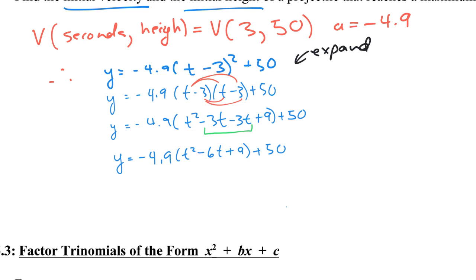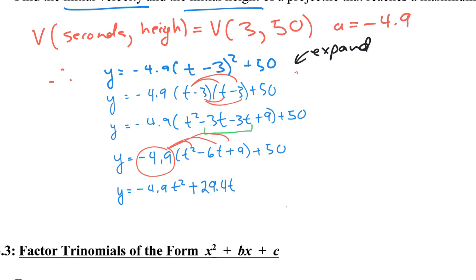So now what we have to do is take this minus 4.9, which is sitting in front here, and apply it to everything in our bracket. And by doing so, you're going to get the following. Negative 4.9 times t squared gives us negative 4.9 t squared. Now, let's do negative 4.9 times negative 6t. A negative times a negative gives us a positive, right? And then we take 4.9 times 6, which gives us 29.4